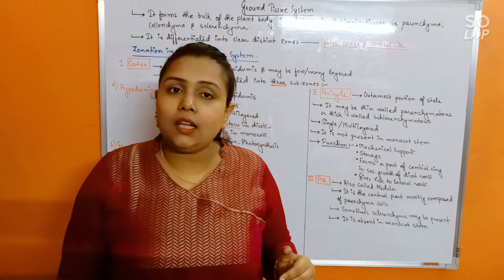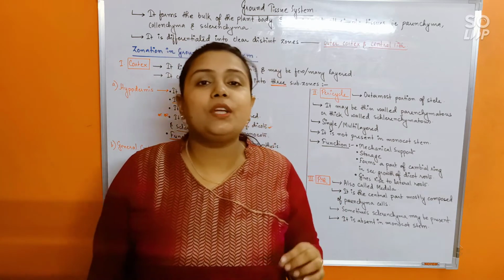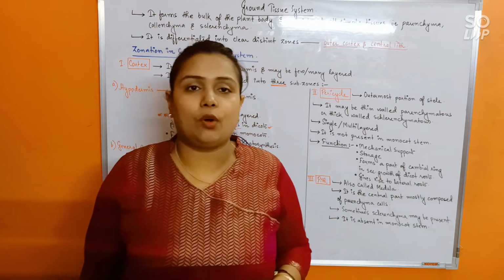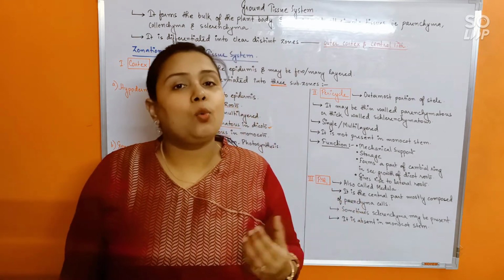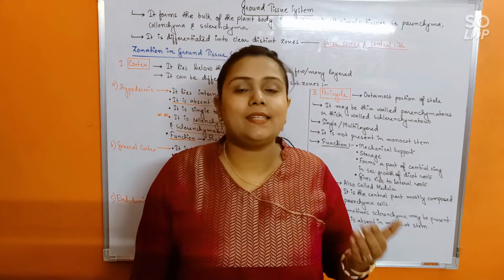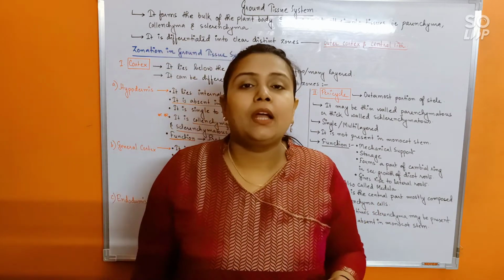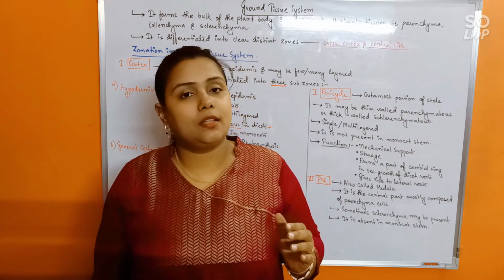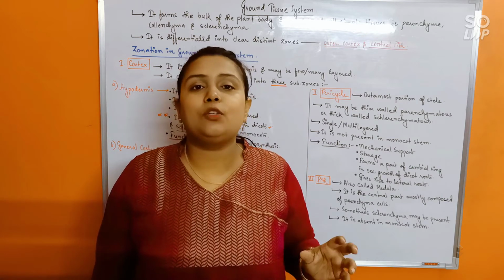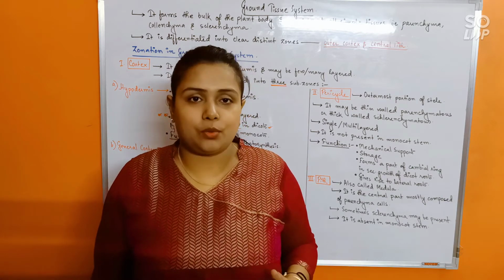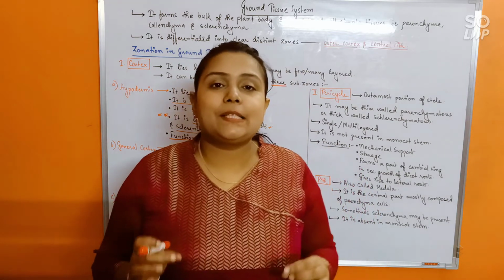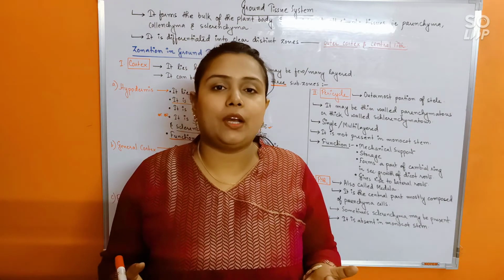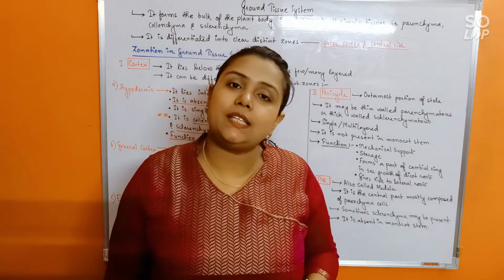Next, the cell wall of the endodermis possesses suberin deposition, and this suberin deposition, the layer that is formed, is called the Casparian strip. Why? Because it was discovered by the scientist named Caspari. Alright. Now, due to suberin deposition or the Casparian strip, the endodermis cell wall becomes impermeable to water. It does not allow water to pass through it. And the last thing, Casparian strips are very well developed in the roots, but may not be very well developed, or may remain faint, in the stem.